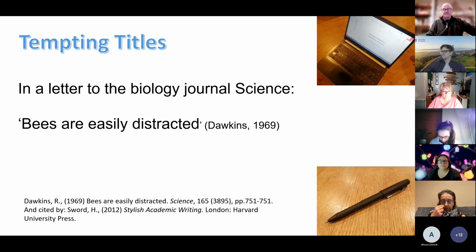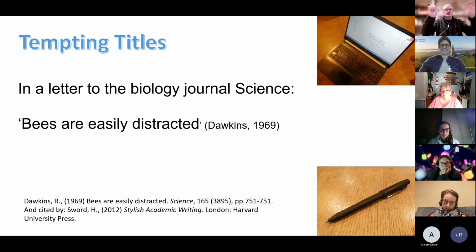And if you're doing a TEAN abstract, try to keep to the limit. I think on TEAN we set a limit of something like 140 characters, because we want to put it in the conference handbook in a single line and in an attractive way, so it actually stands out on the page and people say, oh, that looks interesting. I'm interested in bees and how they're easily distracted. I'm going to go and see this one by this obscure young student, Dawkins, whoever that is, right? So make sure you think about that title, and the chapter by Helen Sword is really useful for that.